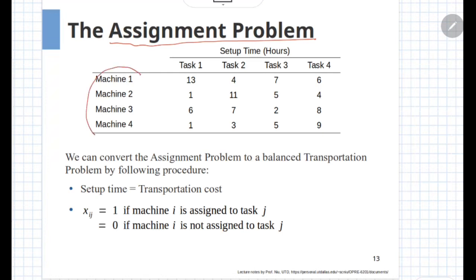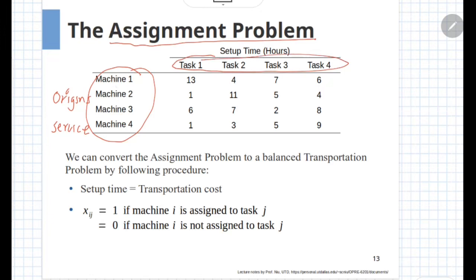The machines can be looked at as the origins or the warehouses. Now instead of products, these origins contain services. So each of the machines can provide a unit of service to the destinations, which are here the tasks.